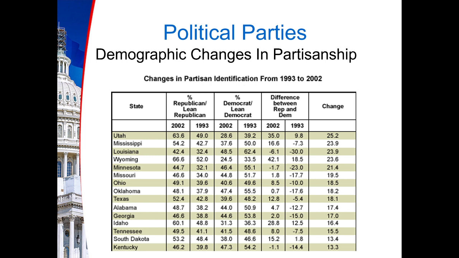A lot of these, as you will notice, are in the South. And so over the course of 93 to 2002, we have an increase of the South becoming more Republican over time. And so you'll see this with other regions, right? The West will become more Democratic, the Northeast became more Democratic, and so forth.